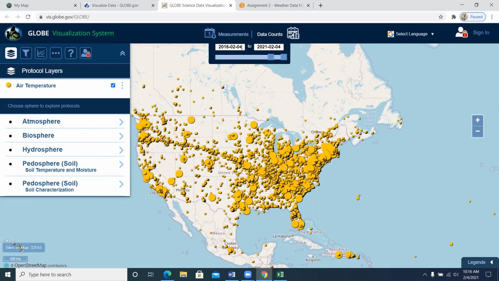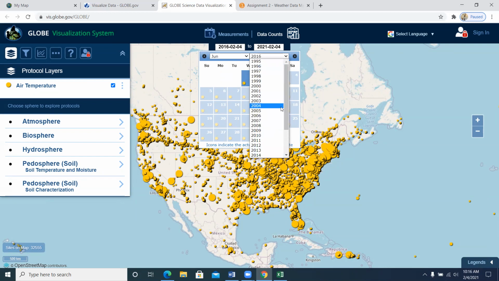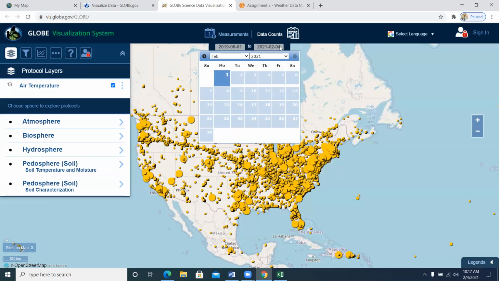The dates that we want for summer are from June 2019, or we can type it in this way, 2019 06 01 to 2019,